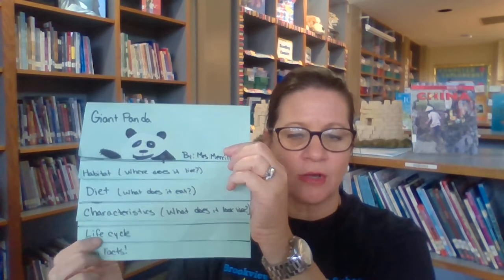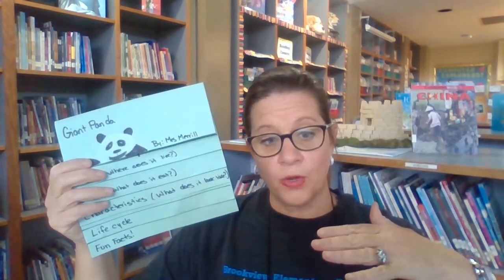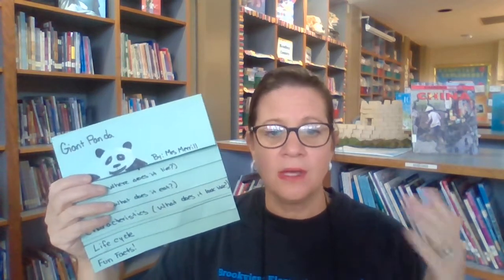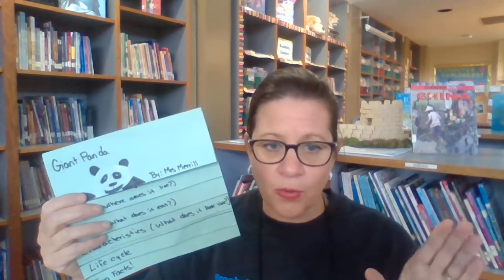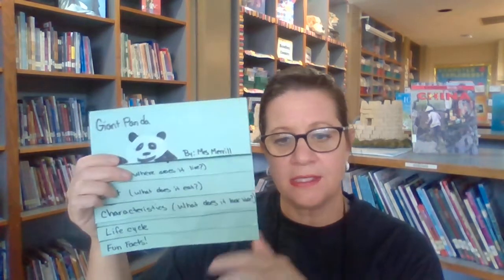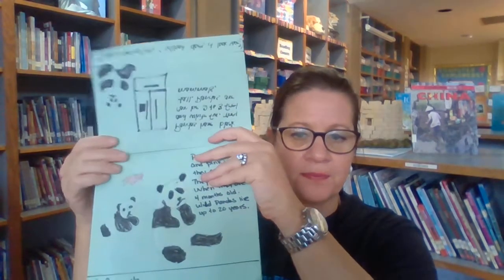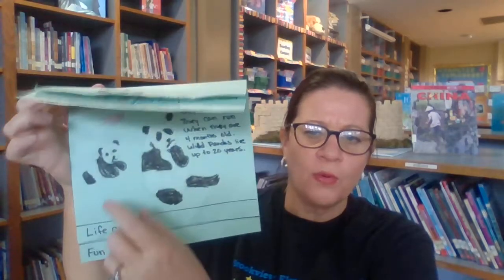Today is life cycle. So what life cycle means is when they're born to when they die. Like how long do they live? What do they look like when they're born? How do they grow and develop? Things like that. So what I found out about the giant panda is that when they're born,